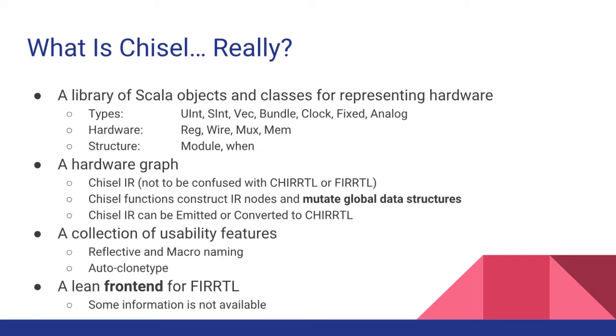And importantly, the Chisel IR can either be emitted to the serialized FIRRTL format, that textual format that some of you may be familiar with, those .fir files, and it can also be converted in memory to Chirrtl, which is the in-memory representation of the FIRRTL IR that has a couple additional constructs. So Chirrtl is FIRRTL, but with a couple more constructs that make it easier for Chisel itself to target. I'm going to be talking about the Chisel IR, which is different from those two and lives in the Chisel repo, and you can see it there.